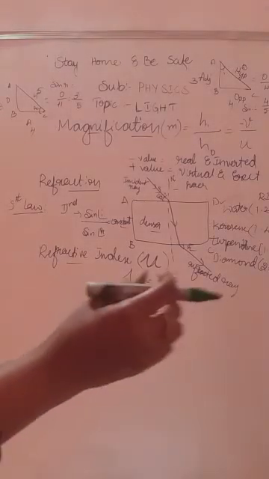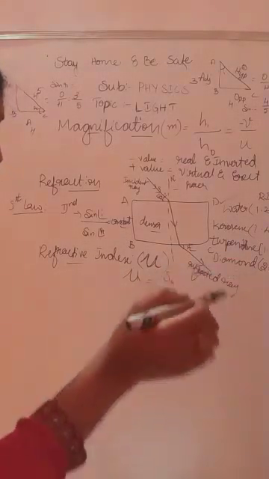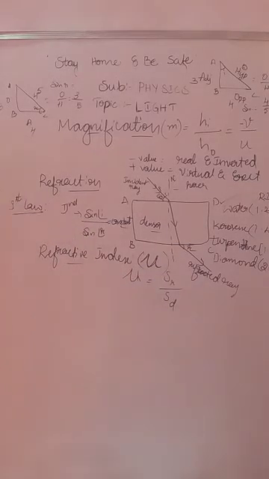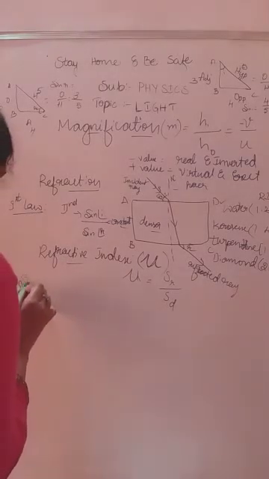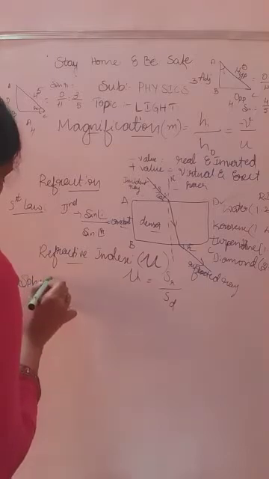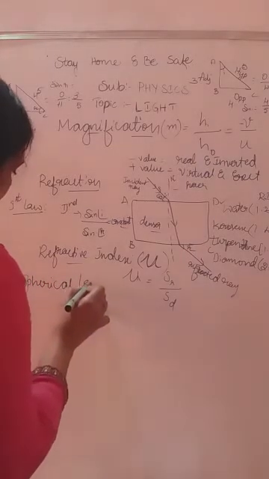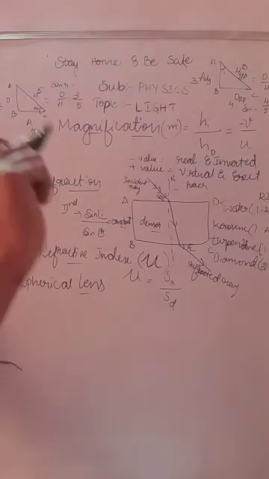So next we have to go for the lens types, mirror types. We already know there are only two types of mirror. One is called the concave mirror and another one is a convex mirror, right? So we have to know about the types of spherical lens. There are four types of spherical lens.